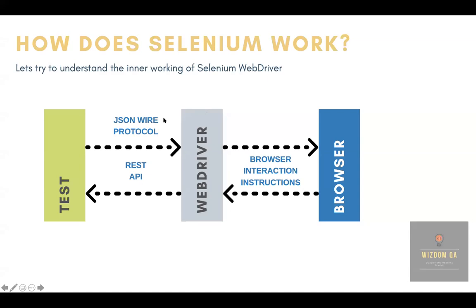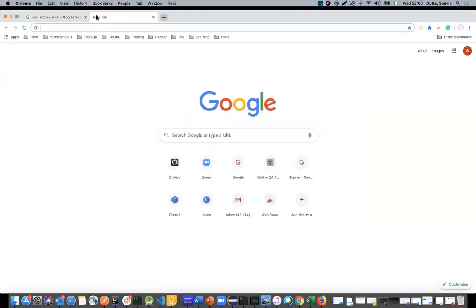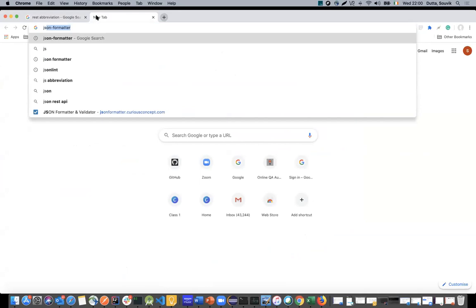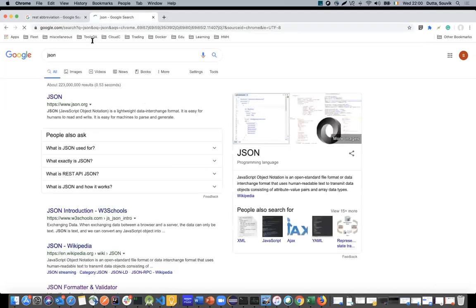The form in which the test fires the event towards the WebDriver is through JSON. What is JSON? JSON is basically another way to handle or send information between two different entities. It's called JavaScript Object Notation, JSON. Okay. So we have JSON, and if I actually show you what JSON looks like, if I take it to the images,